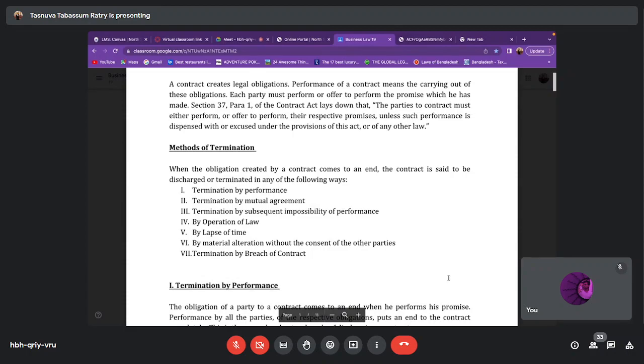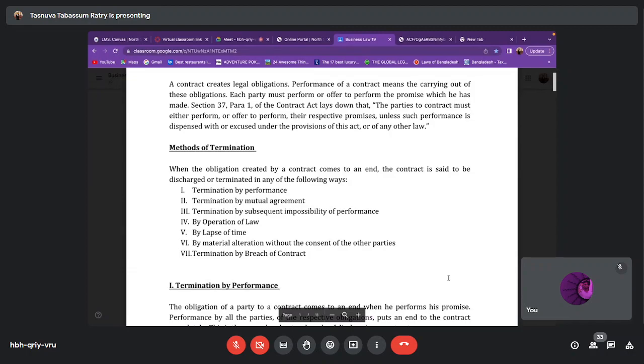Sixth, by material alteration of the contract. So, if we change the terms and conditions of the contract without the consent of the other contracting parties, say for example, there are two parties in a contract, and one of the parties has changed the terms and conditions without taking the consent from the other parties. That would mean that the terms and conditions of the contract have been altered. So the contract has been materially altered without the consent of the other parties. That would also terminate a